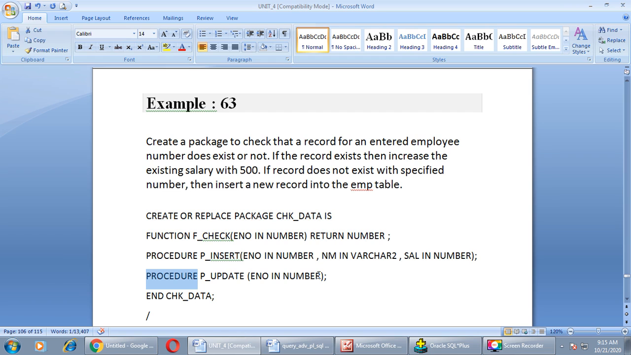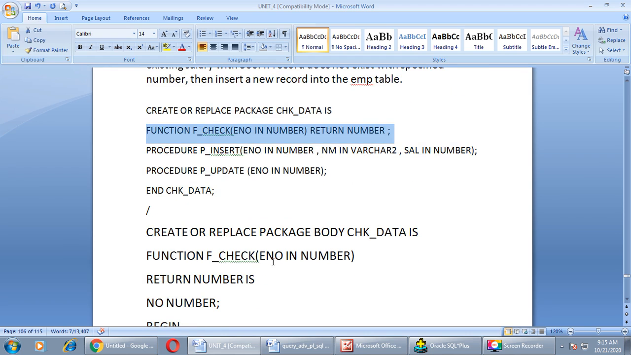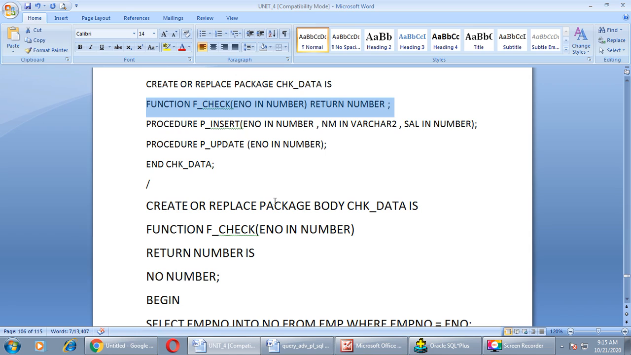Let us see the code of this function and procedures one by one. First of all, just focus on this function. Function name is fcheck. It has one parameter of type IN mode, number, which will return a number, right? Now let us observe the package body for this function. Create or replace package body check data is. Now we will provide a body for this function. As you can see, function fcheck